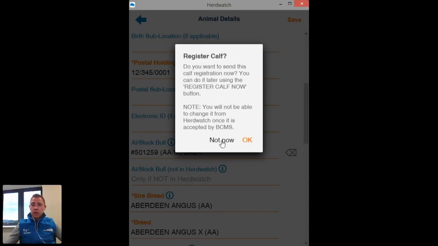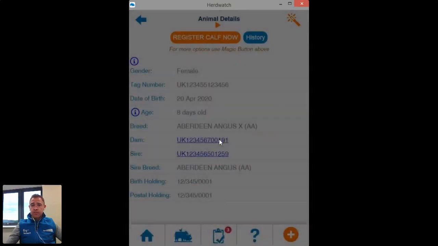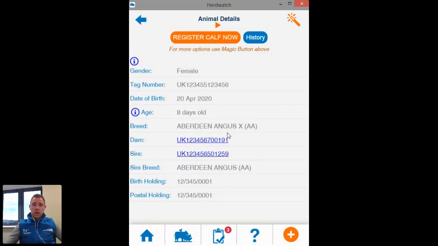Now, if you want to double check the details before you send off the registration, you can just click Not Now, which is what I've done here. And it just brings me to a synopsis screen where I can see all the details of the calf that I've put in. So my tag number, the breed, the dam, and the sire. So I can just review that and make sure I'm happy enough before I actually then click on the Register Calf Now button. So if you are happy enough, you just click on Register Calf Now and pop in your